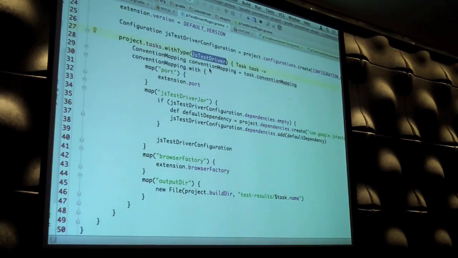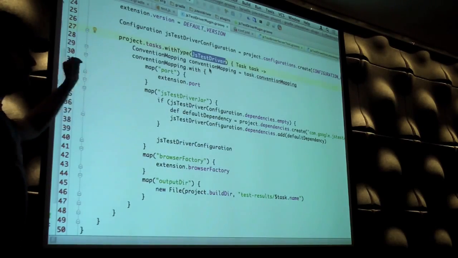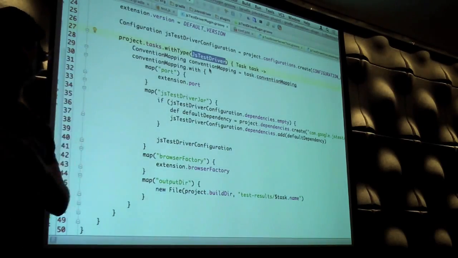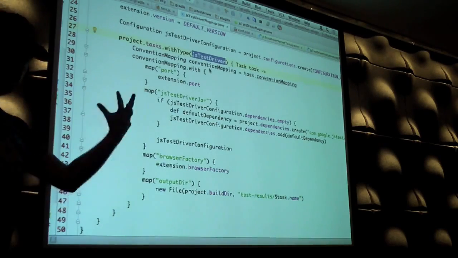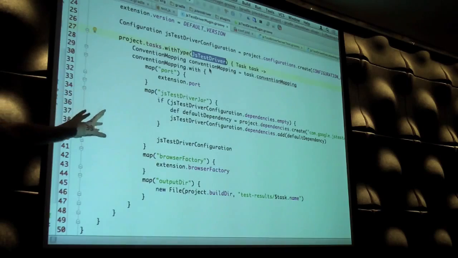Now, this would be a capabilities plugin, not a convention plugin. If you're in either of my talks, we're going through that split, and Adam just spoke about it then at the C++ talk. There's capabilities and conventions. This plugin gives me the capability to run JS test driver. It doesn't actually give me a JS test driver task or change anything about the way my project works. Which is why, if we have a look